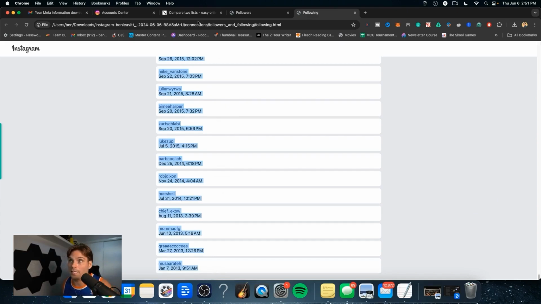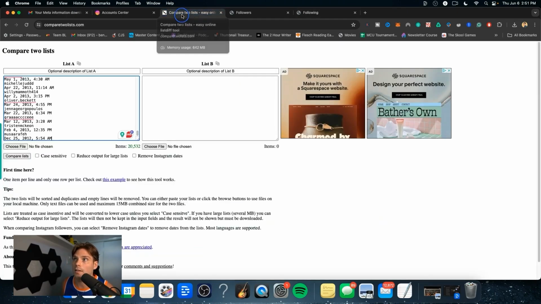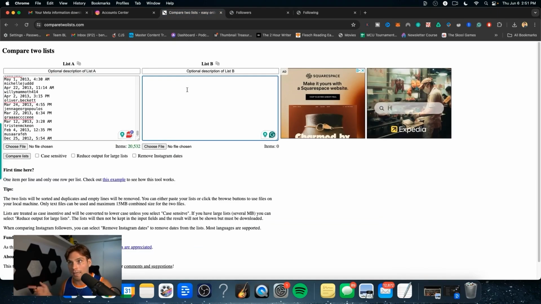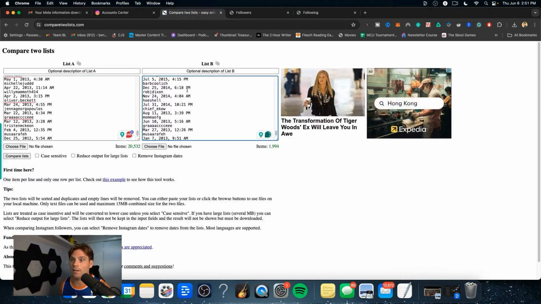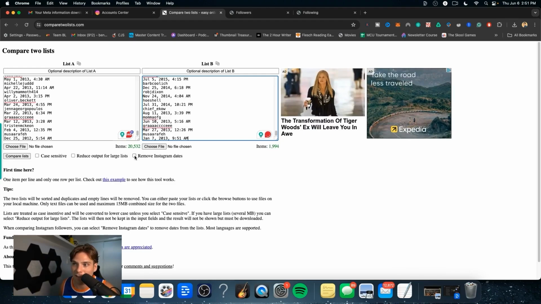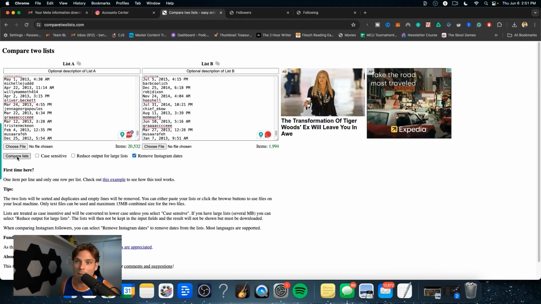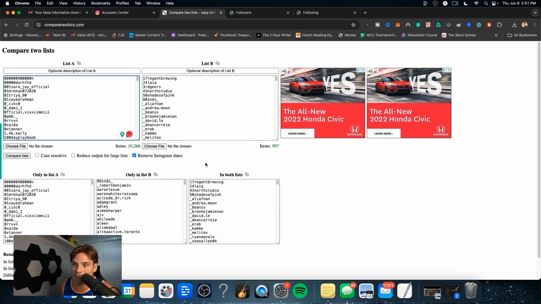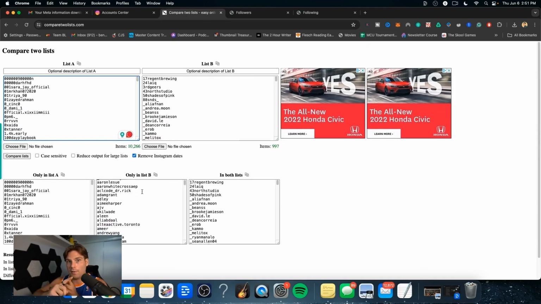And then we're going to Command C to copy this all, or you could right click and copy, go back. We're going to list B, and then we're going to paste it in here. Command V or right click and then paste. Okay. And now we're going to click this for easy use, remove Instagram dates. And then we want to compare the 2 lists. Okay. So all of these people only in list B are all the people that aren't following us back or